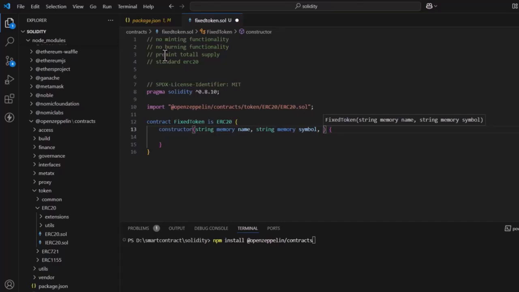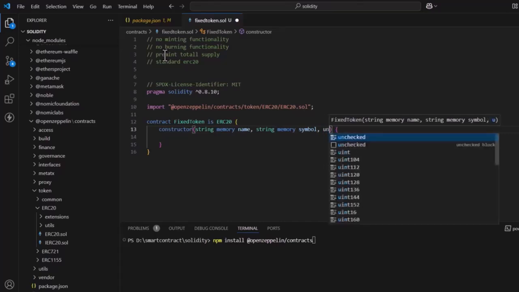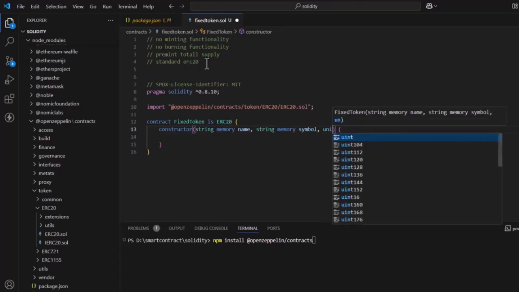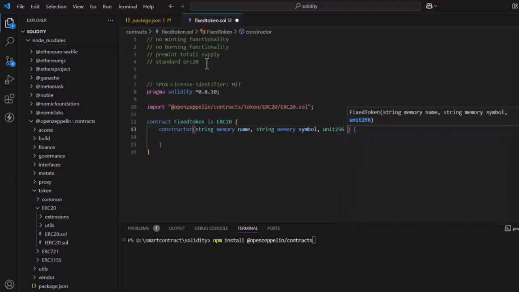The total supply is a number, so I want to use the uint256 variable type, named total supply. I accept these three parameters, name, symbol, and total supply, inside this constructor function,